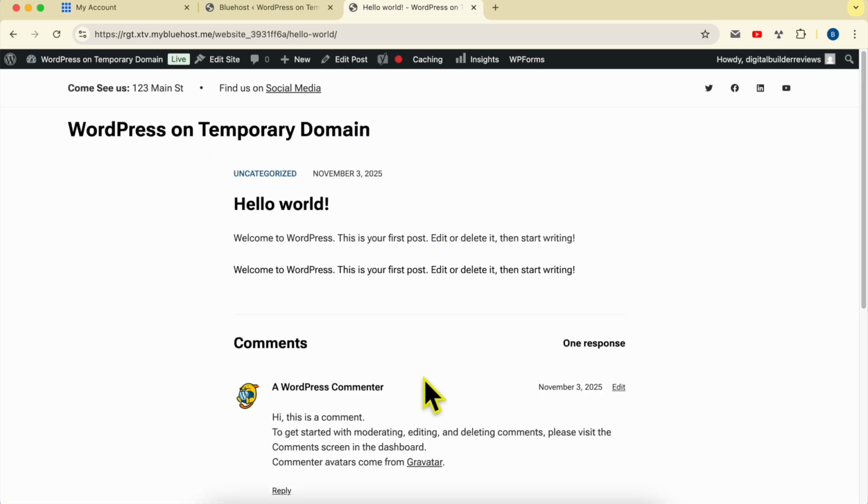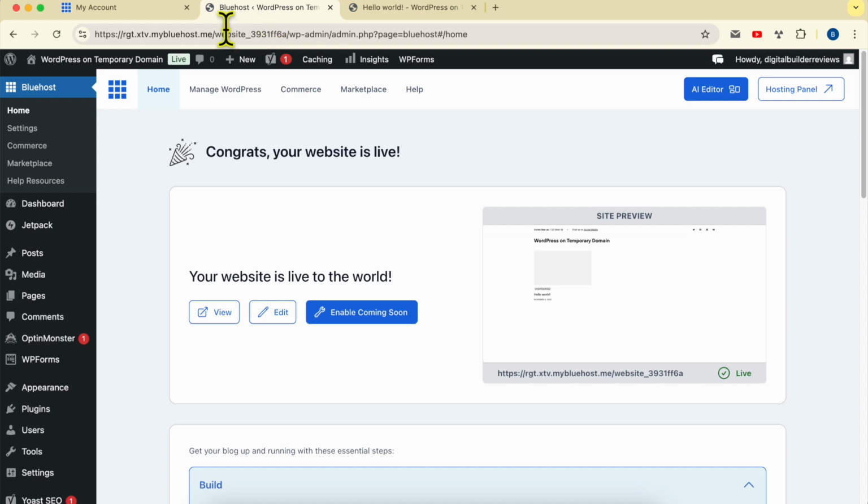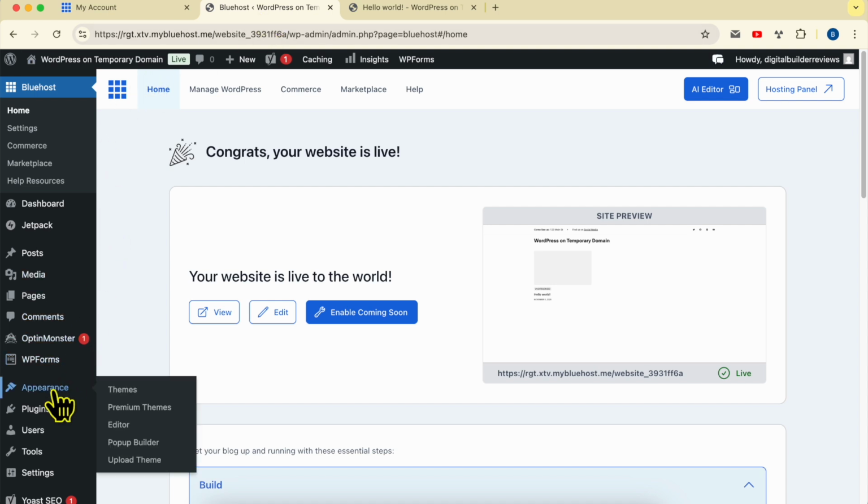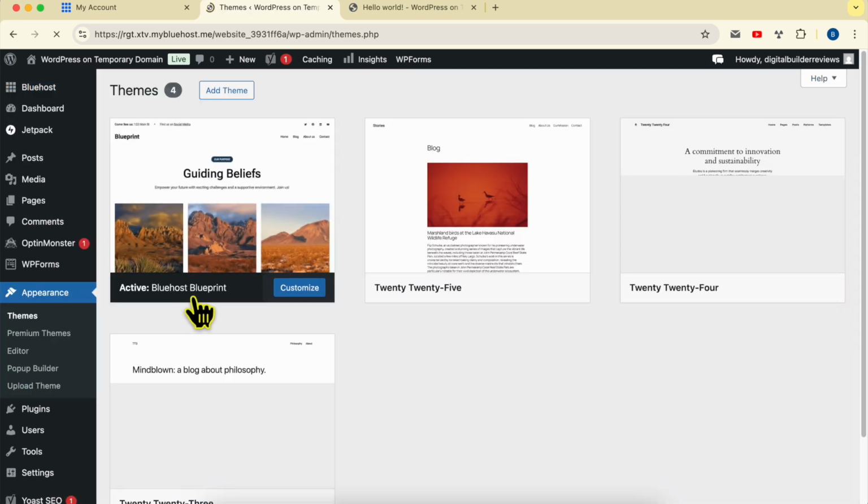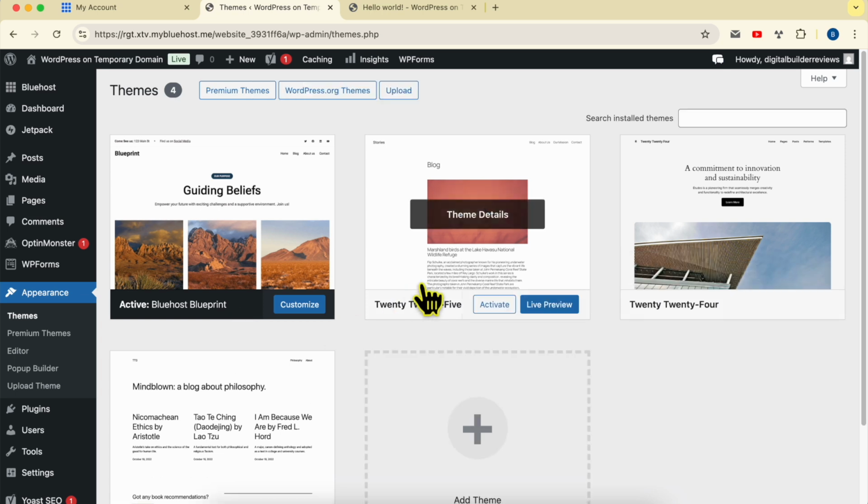And as you see, this template is the Bluehost template and not the original WordPress one. To switch to the WordPress default theme, simply go back to the WordPress dashboard, then go to Appearance and click on Themes. This is the Bluehost blueprint template, and let's select another WordPress default theme, for example this one called 2025. Click on Activate,